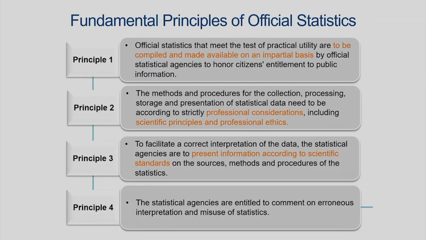One of the first principles is that official statistics must meet the test of practical utility and are to be compiled and made available on an impartial basis by official statistical agencies to honor citizens' entitlement to public information. So, every citizen of this country is entitled to public information, and therefore, one of the principles of official statistics is to ensure that this information is coming out in an impartial manner to be used by the public at